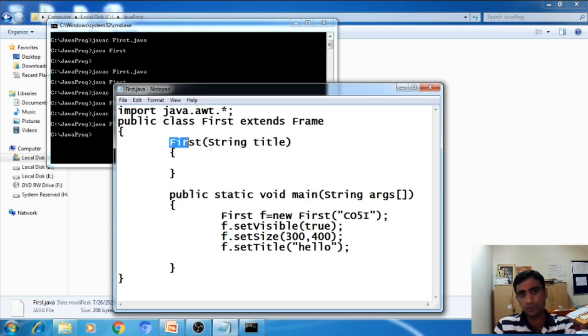Now the first class is a part of a frame, it is a child class of a frame, and this constructor, Frame with string title in brackets, is available in the parent class. So we have to call this constructor from the child class. Now how to call the constructor of a parent class from the child class?